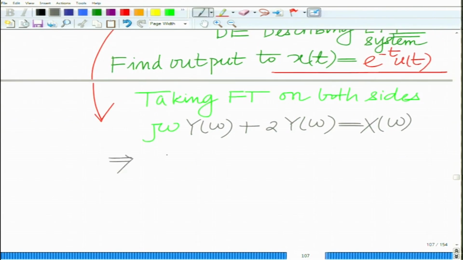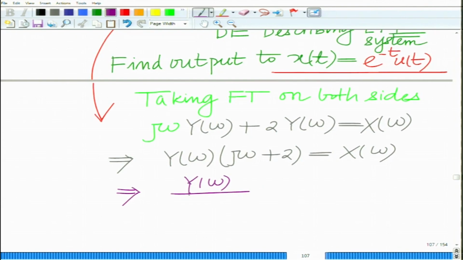This implies that Y(omega) into (j omega plus 2) equals X(omega),